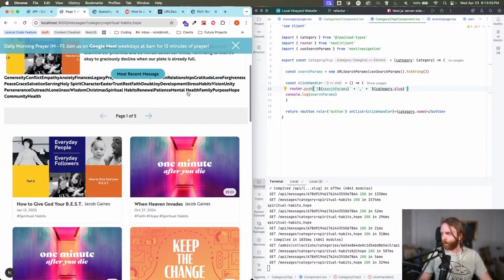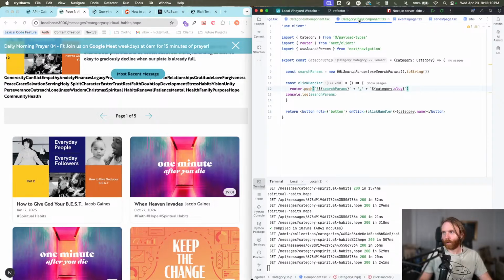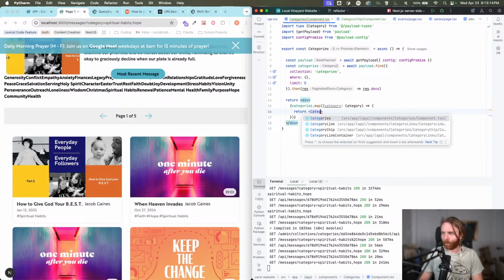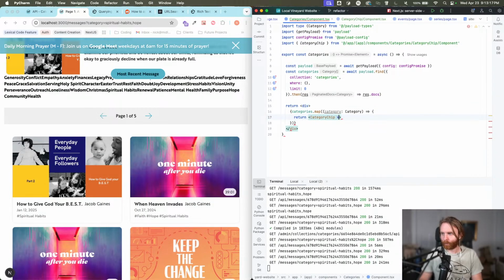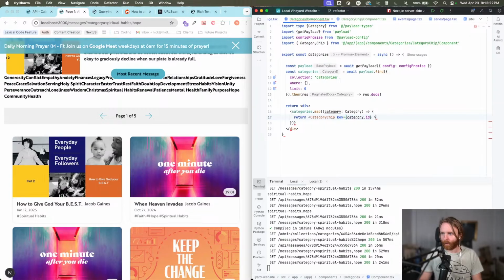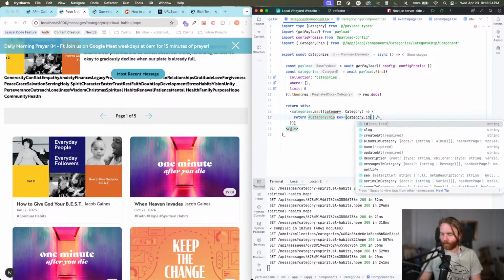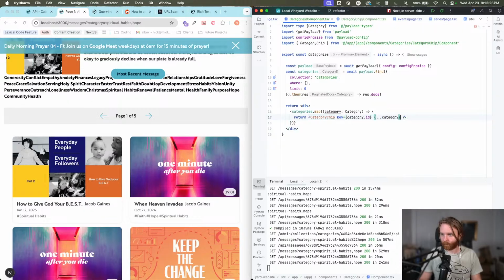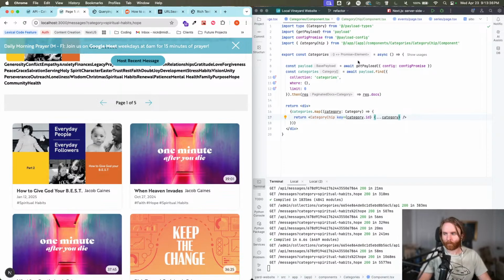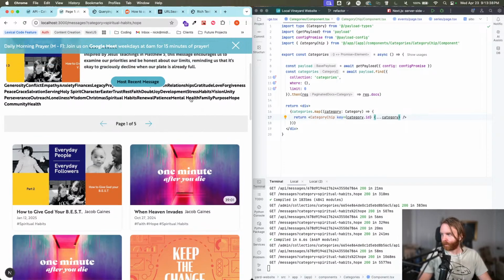And that way on click. Oh, of course, duh. So here we need to add our category chip, which will need a key of category.id, and of course it'll need a category. All right, so let's try this again. Go ahead and give that a refresh. All right, and then if I click this,